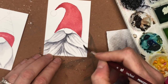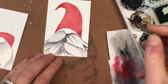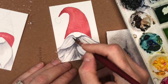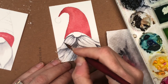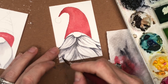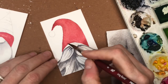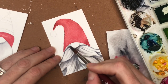And then down here. People get very afraid to put in deeper tones. Don't. Because then you can see the definition of the beard. You can see the lines. That's the whole point. Right? Isn't it cute? And then right inside here, I would put a little gray in here because